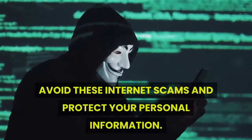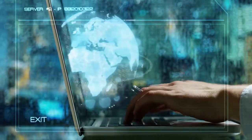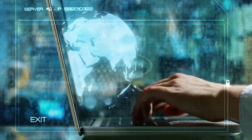Avoid these internet scams and protect your personal information. If you've received an email claiming that you're about to inherit some serious money from a relative you've never heard of, or clicked on a pop-up that says you've won a big prize, you're in the company of countless others